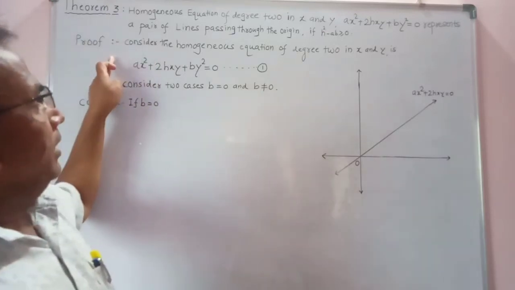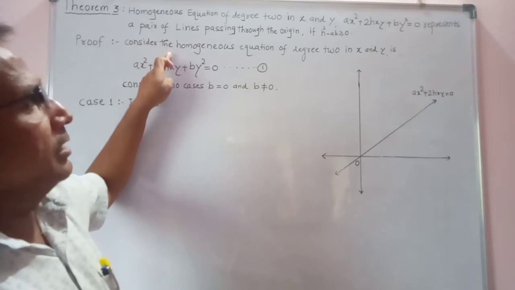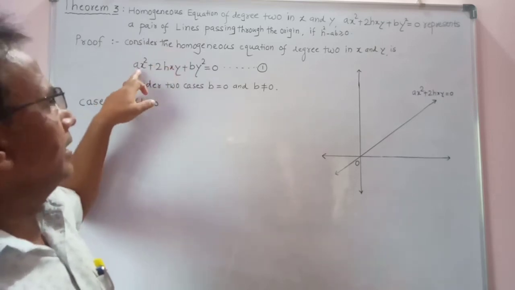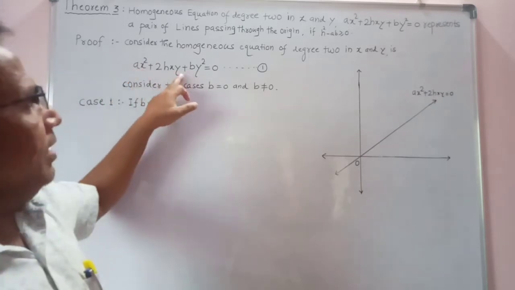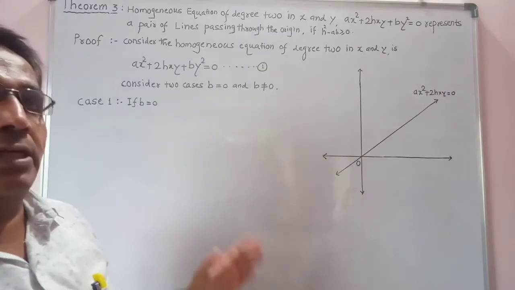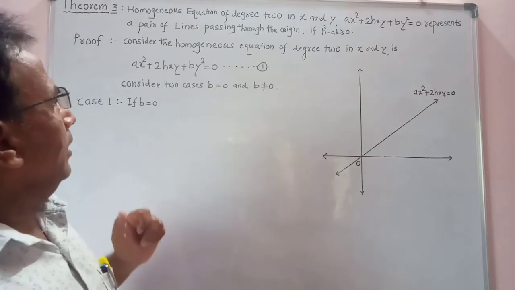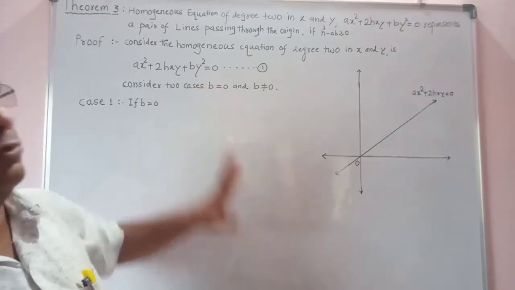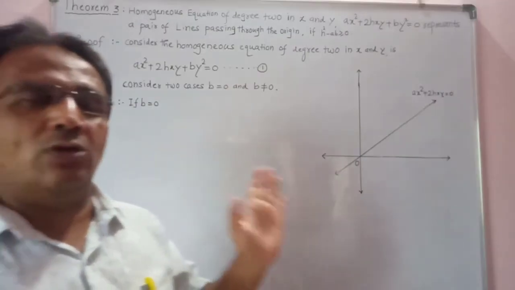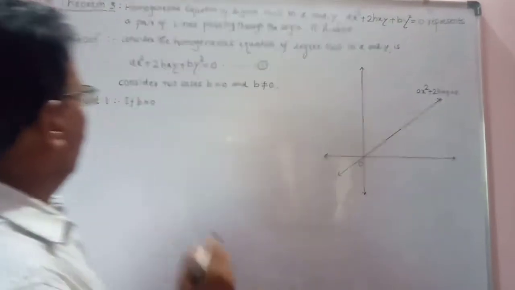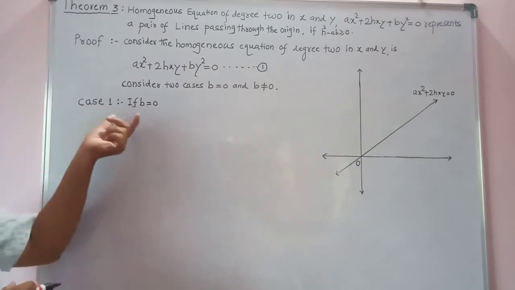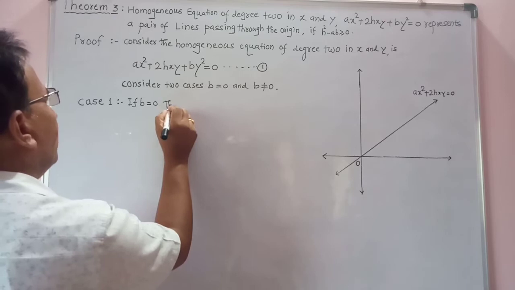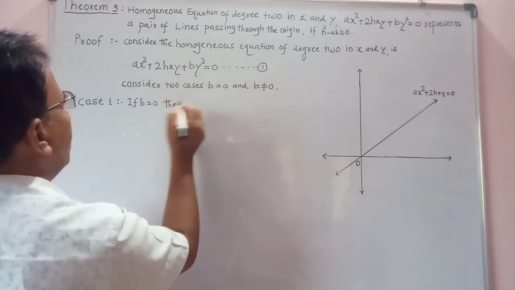Proof: consider the homogeneous equation of degree 2 in x and y, ax square plus 2hxy plus by square equal to 0. This is equation first. There are two conditions. Consider two cases. The first case is b equal to 0 and the second is b not equal to 0. First case: if the value of b is 0, then equation first becomes